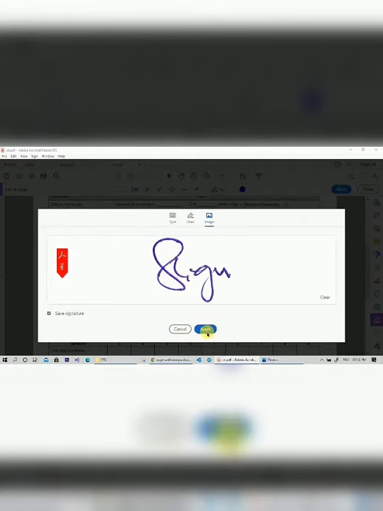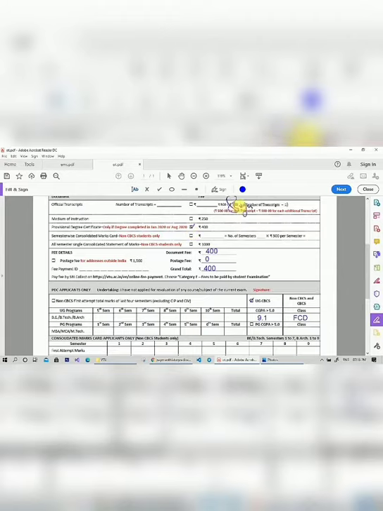and then click on apply, and then place your signature wherever required. And you can also resize the image.